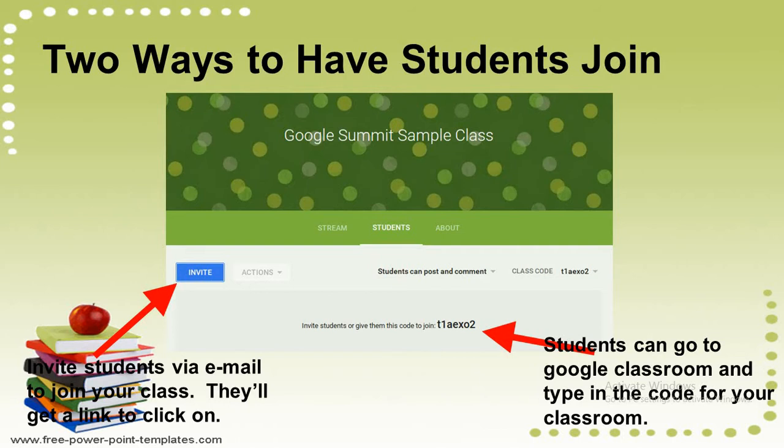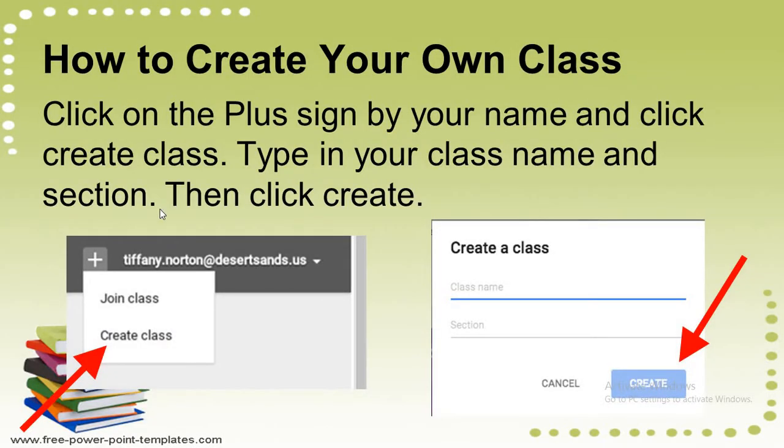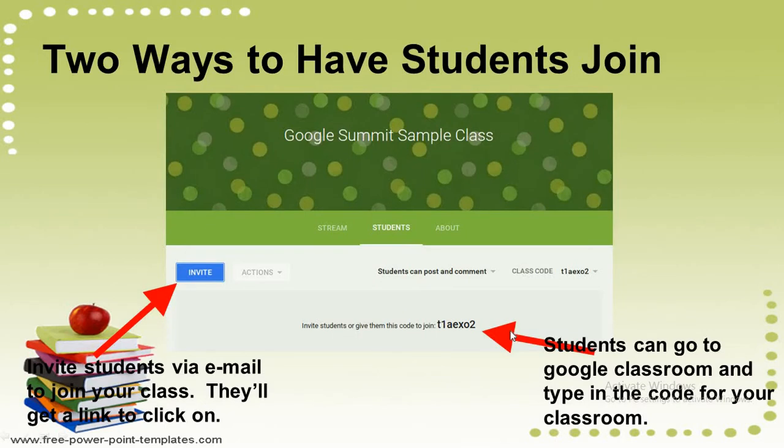You can share it on the WhatsApp group. Then children can log in from their Gmail or from their Android phones. They have to download the Google Classroom app, then join the Google Classroom. We have seen join class, create class. The teacher will create, and the code which the teacher gives the children, they will use to join here. They will click on join and give that code, so they get automatically into this Google Classroom.